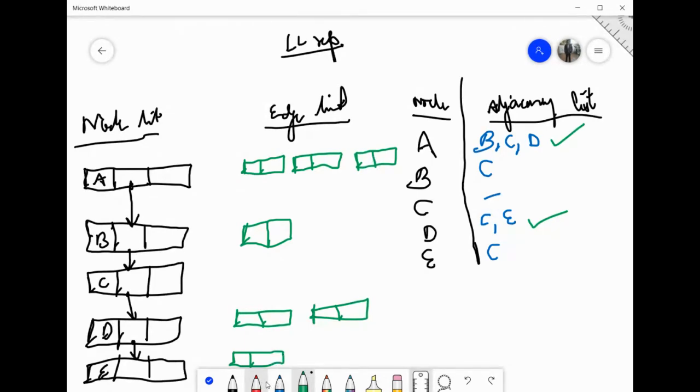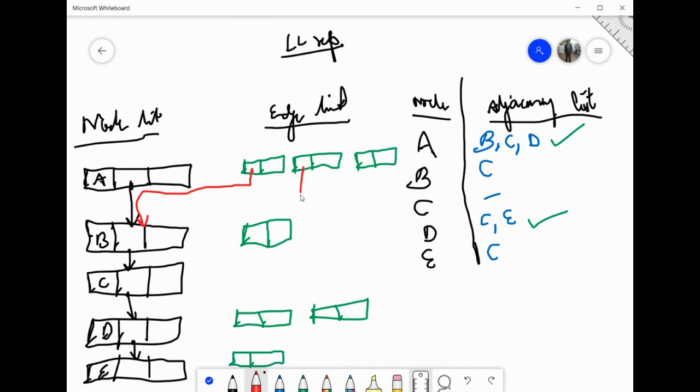Now for A, this is B, this is C, this is D. So you just connect them. This destination part signifies the destination. So what is the destination of this one? Who is it signifying? It is signifying B, right? This is signifying B, this is signifying C, this is signifying D, this is signifying C, this is C, this is E, this is C, right? So this is signifying B. So its destination is B. So it will point to B.